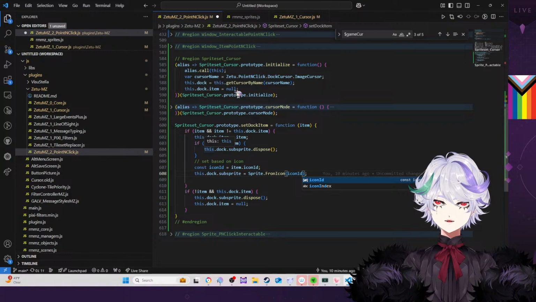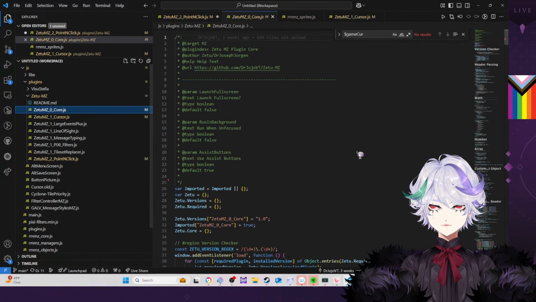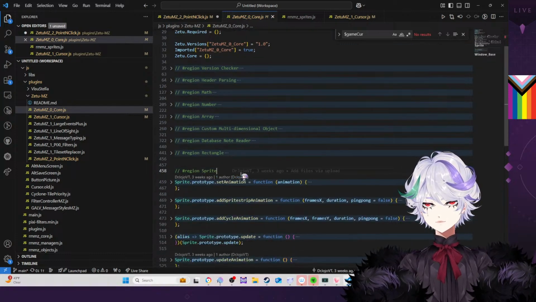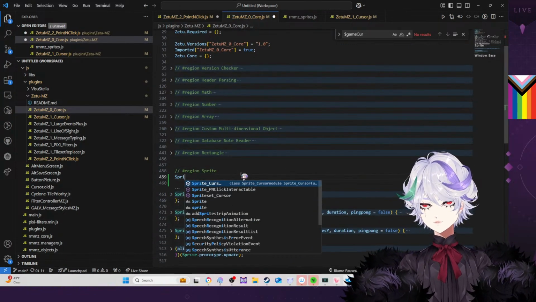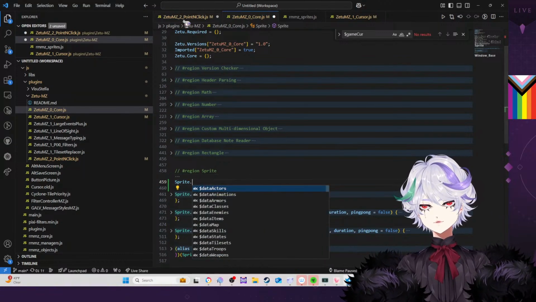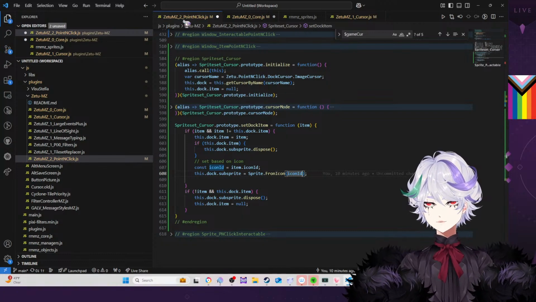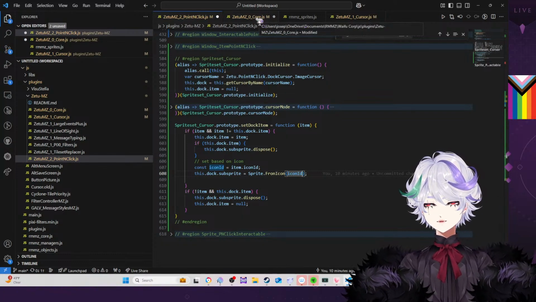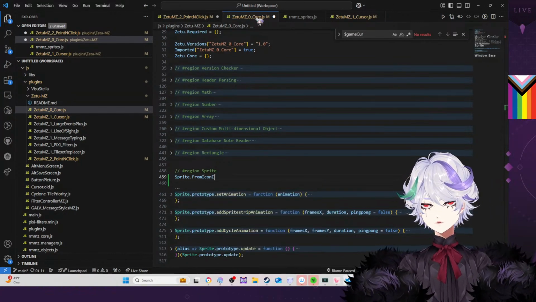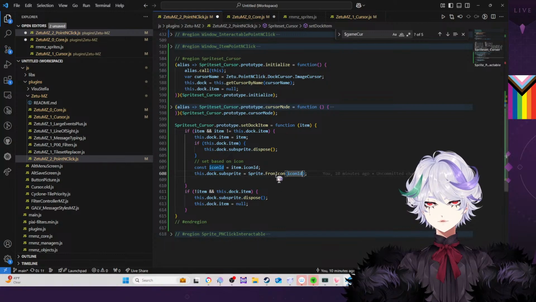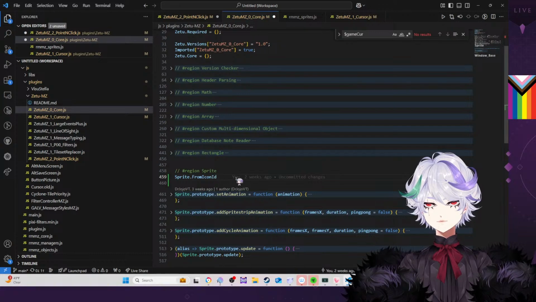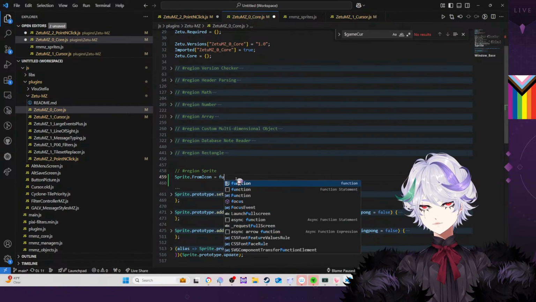I think that's a valid thing for me to put into core. Sprite dot, and it's not going to be a prototype, it's going to be a static from icon ID. That should be an M. Or from icon equals function